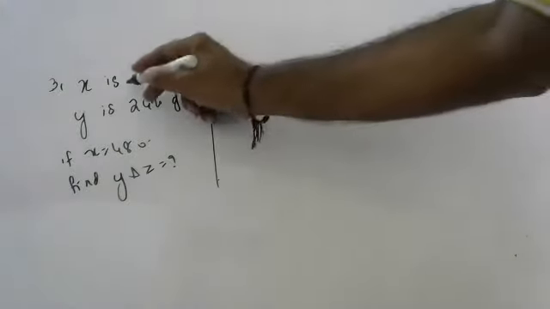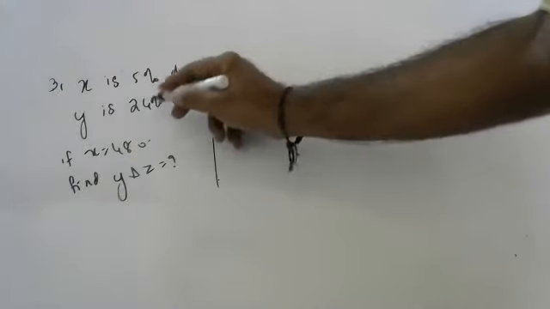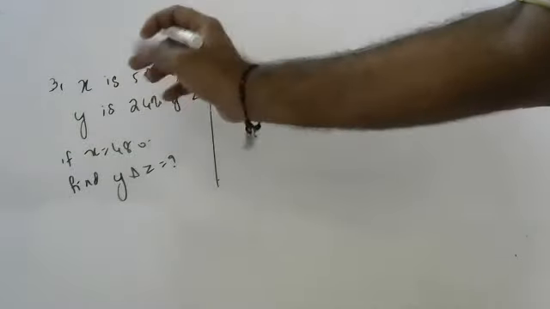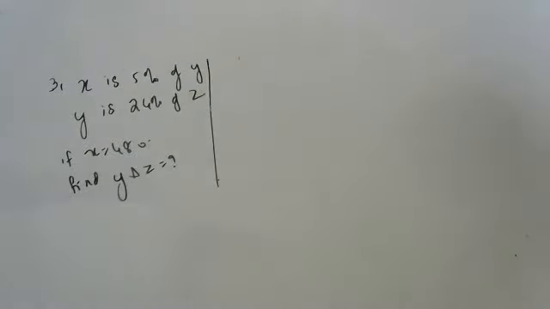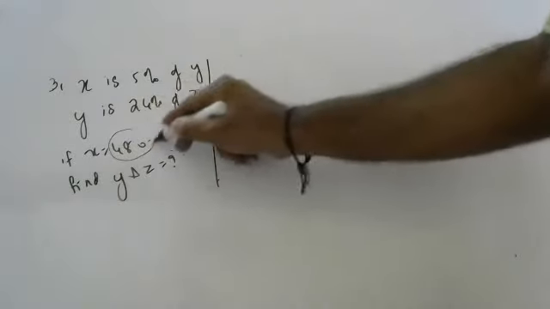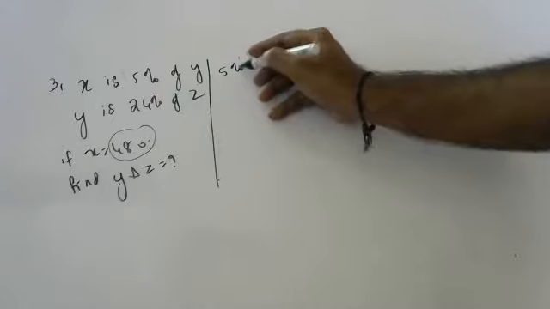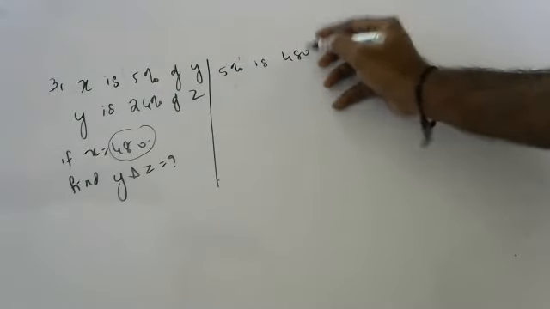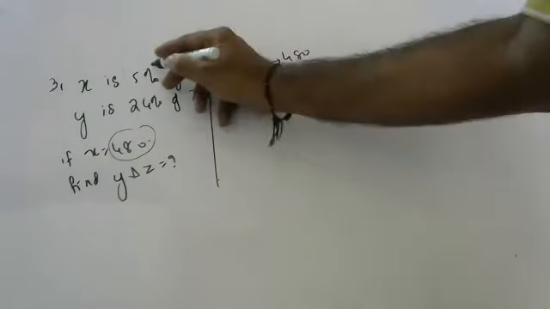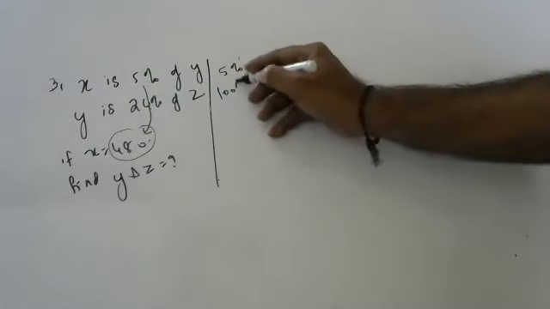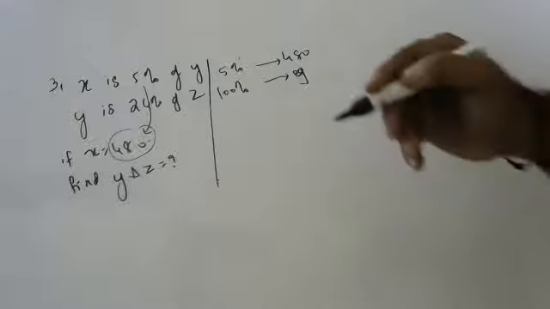Okay, so X is 5% of Y. Y is 24% of Z. Children, find Y. Are you able to understand, children? X is only 5% of Y, but X is 480. All of you know. Slowly, I will say, listen. 5% is 480. X is just 5%. 5% is 480 means 100% is how much? That will give you Y.